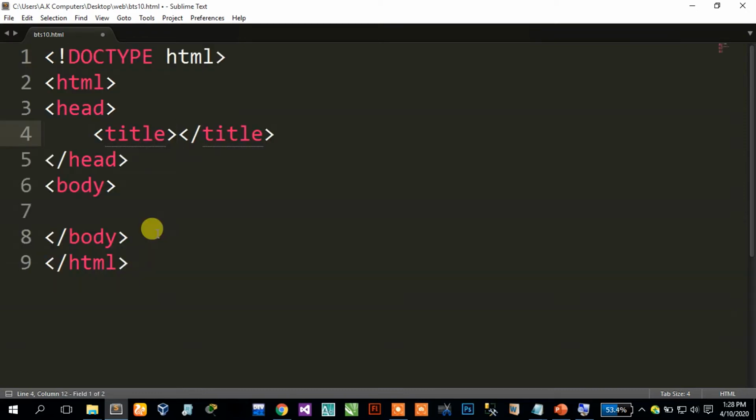In CSS, a drop-down menu needs a lot of coding, but in Bootstrap it's easy to create with design. Bootstrap drop-down